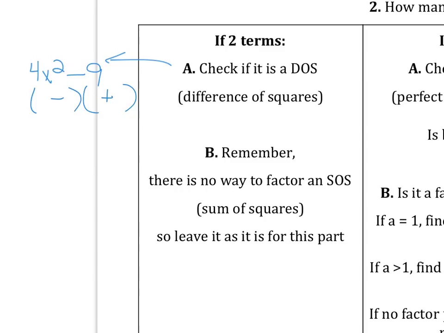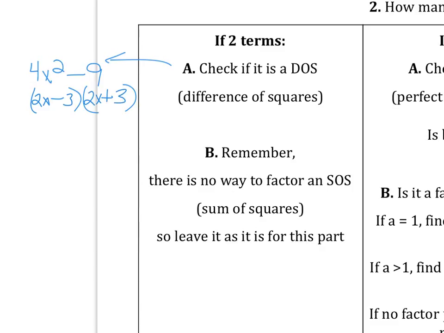It'll be plus and minus, basically the square root of this front part and the square root of the back part. So the square root of 4 is 2, square root of x squared is x, so we just have 2x in the front piece of each of those binomials. And then on the back end, we're going to have a 3 and a 3. Okay, so that's just a difference of